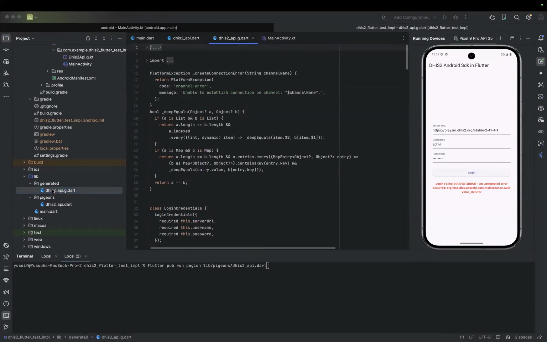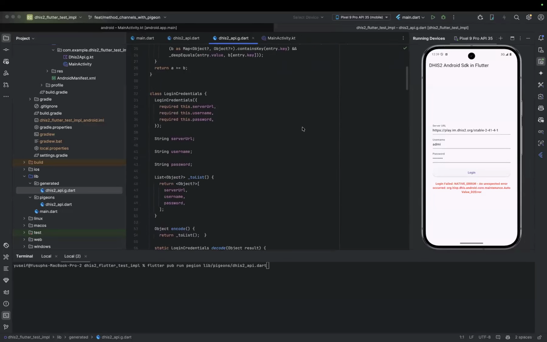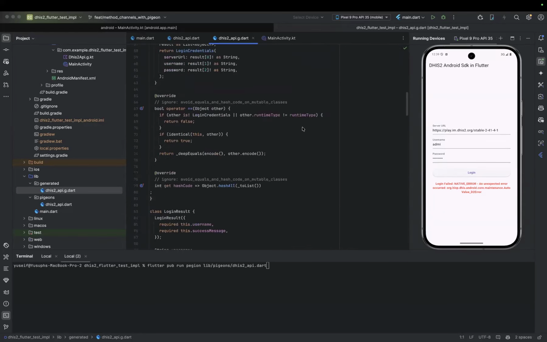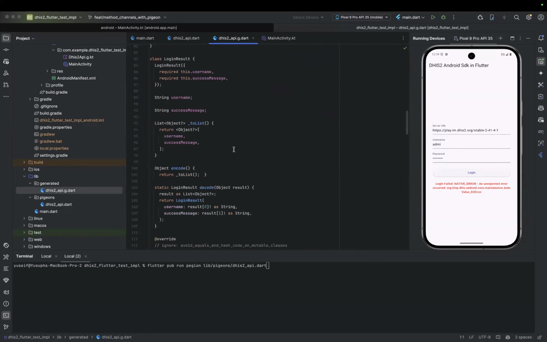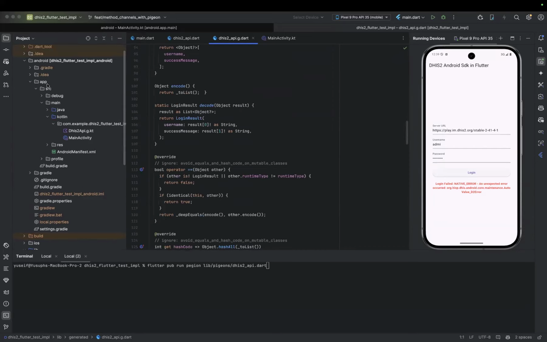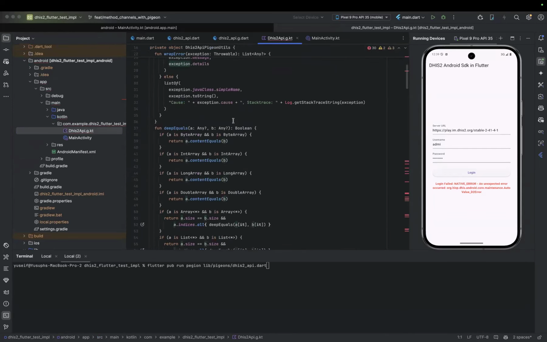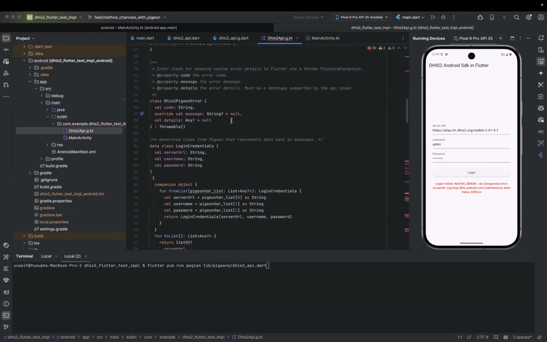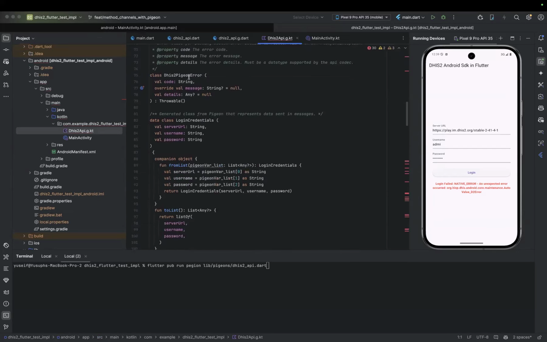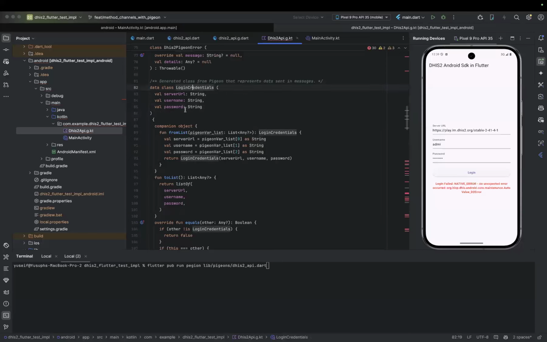Inside here we will have our implementation of that interface. This will be the class and everything that will be used on the Flutter side. Also, if you come to the Android project, we'll have this file generated, DHIS2API.g.kt. If you take a closer look, you will see we have that DHIS2 Pigeon error class that we said we wanted, but also the login credentials defined in our Kotlin.